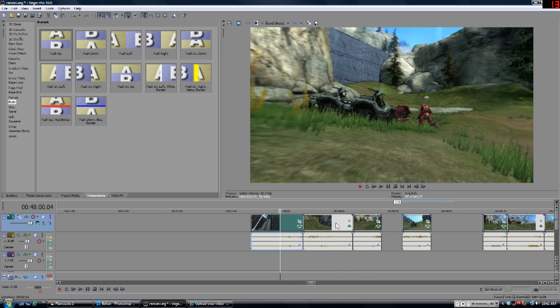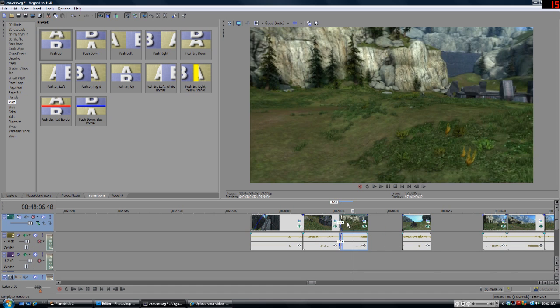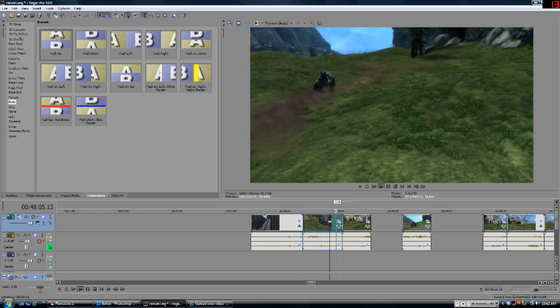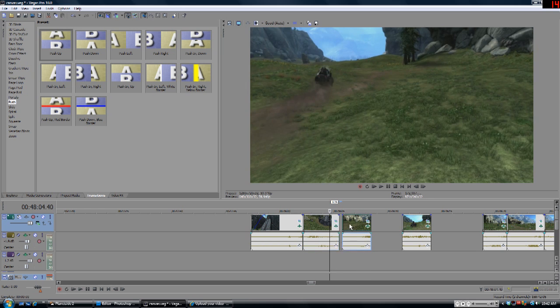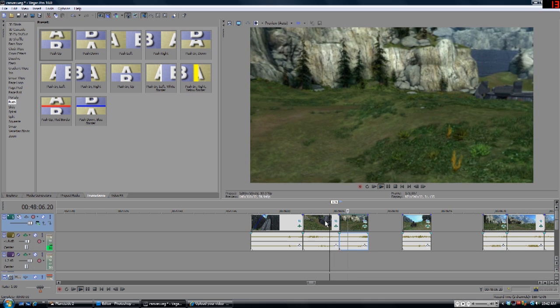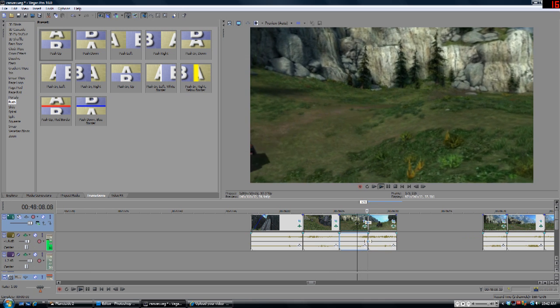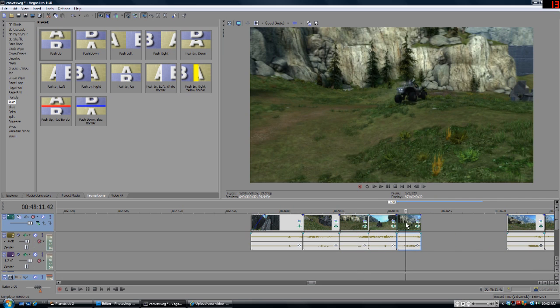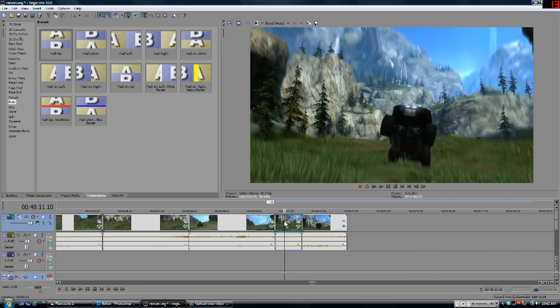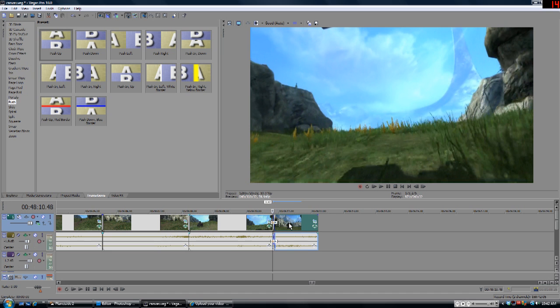So I can't tell if... Alright, so he goes over this hump. Okay. Does this make sense, the way I have this? We'll see. This a little early. Awesome. And then we'll get a nice close personal shot. Nice. Alright, this should look cool when I get this all orchestrated. Yeah, right there. It's starting to take off. And then...